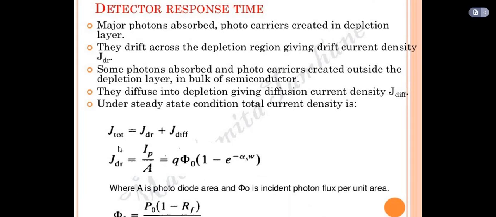Value students, how do we get density students? Density is nothing but the current by area. So that's the same phenomena I'm using. Current is I_P by area, A, equals Q phi naught into 1 minus e power minus alpha s of width that I'm using, where A is nothing but